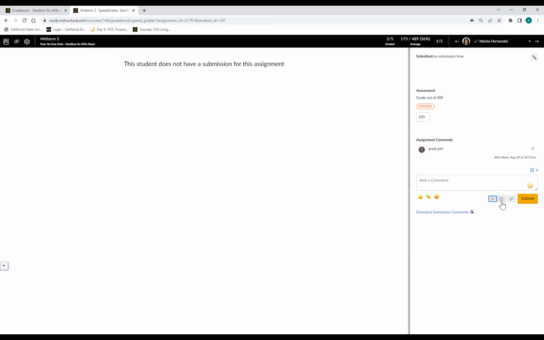You can also record your comments as media, maybe audio or video. You can upload documents or any attachments to this comment. So as you're typing, once you're done commenting and grading, you can click submit and you can move back and